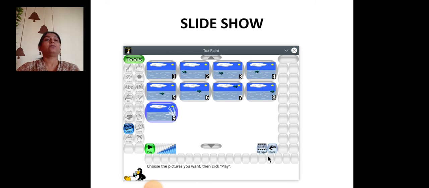If you want to go from one slide to another, two buttons are given there, next and back. You have to click those buttons manually. If you click on next, you go to the next slide. If you click on back, you go back to the previous slide. Okay, so in this way you can use the slideshow.